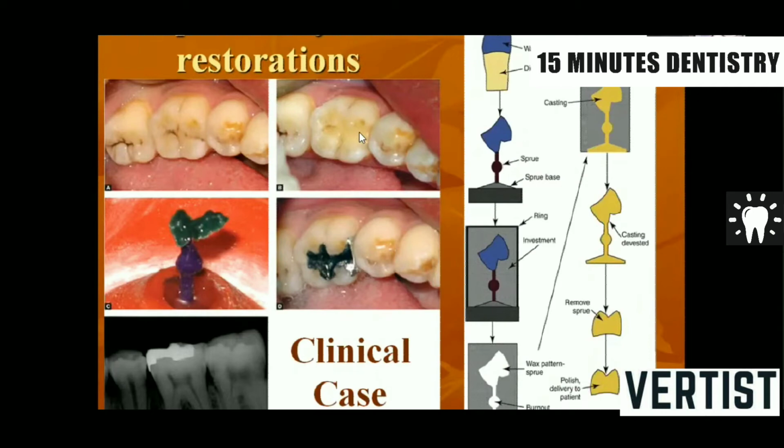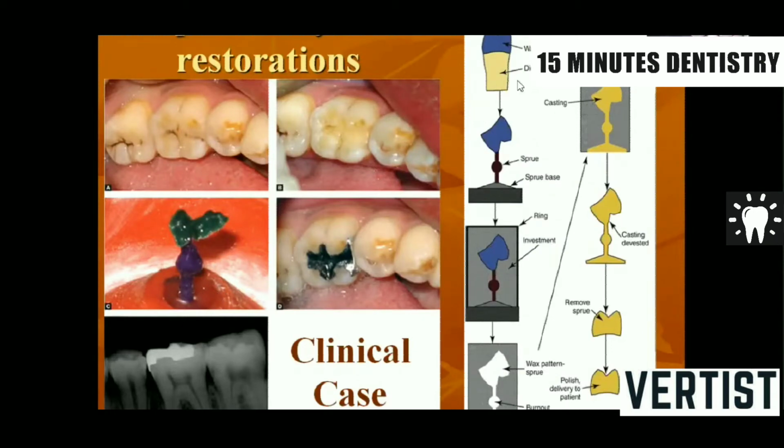Here what we do is fill the entire cavity with molten wax. After we fill it completely, we carve it to give it the desirable shape of the restoration. After the desirable shape of the restoration is given, that assembly of wax is called a wax pattern. Now we take that pattern out from the cavity and mount it on a sprue former or a sprue. All of you must be knowing about the sprue. This is a reservoir, this is a sprue, and this is called the crucible former or base of the crucible.